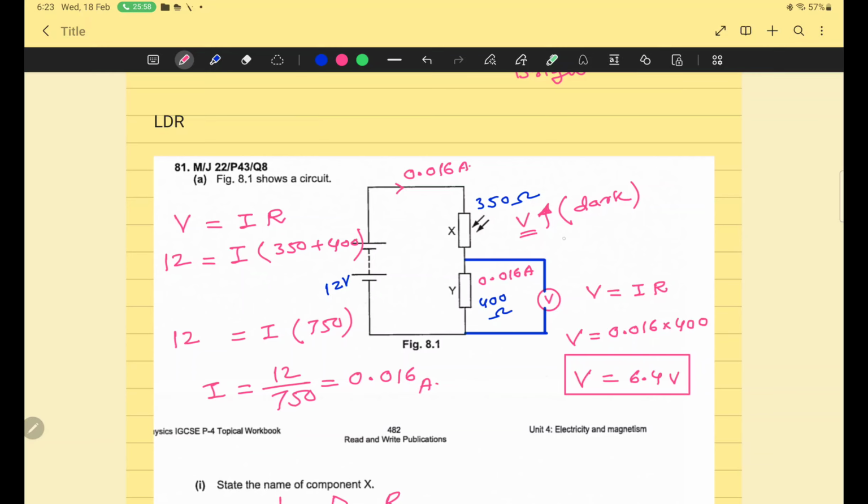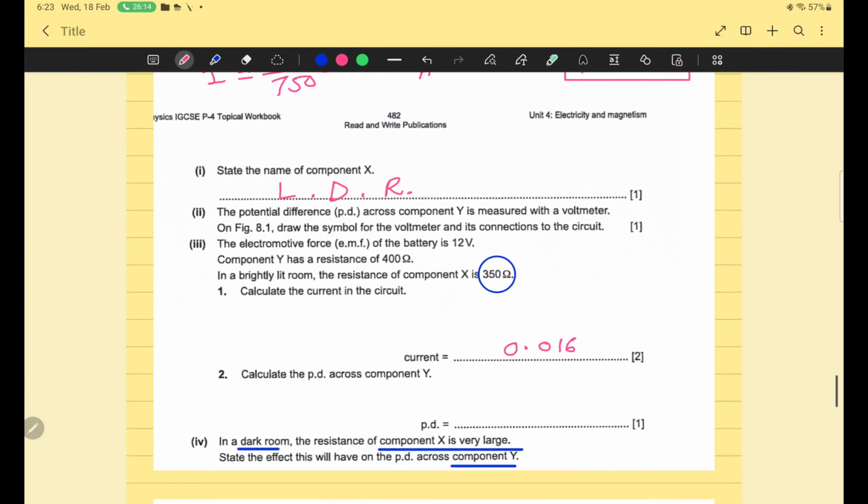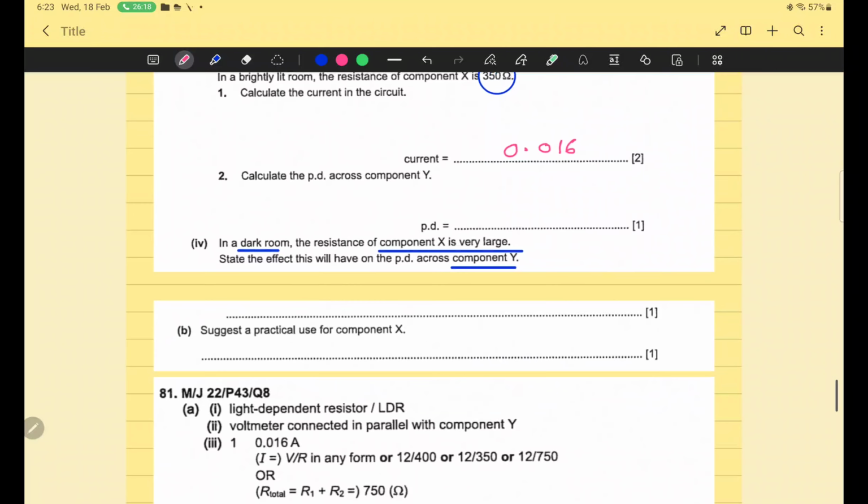And if its voltage is high, then the other voltage will be low, because in series, if the voltage of one of them is increased, then the other one's voltage will decrease. So the LDR voltage will be high, so the voltage of Y will be low. So the answer is PD of Y